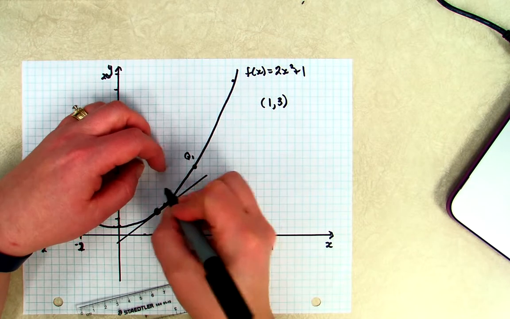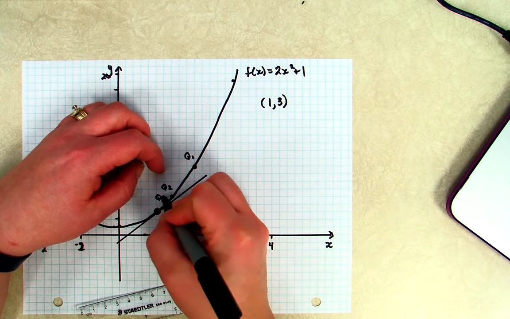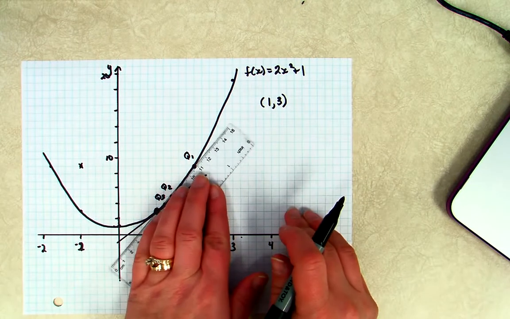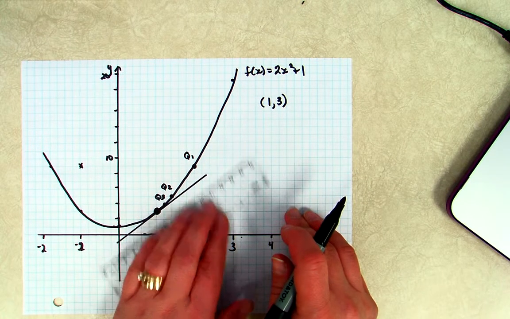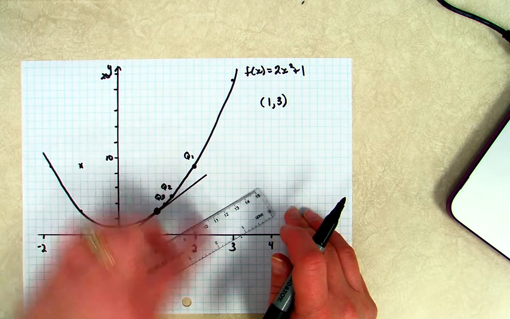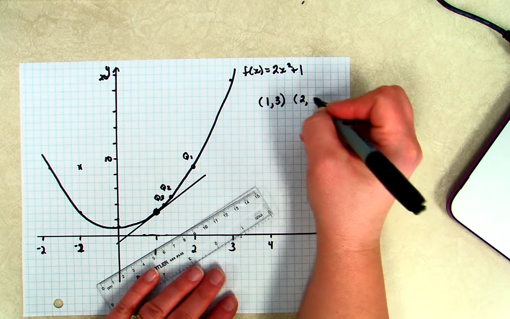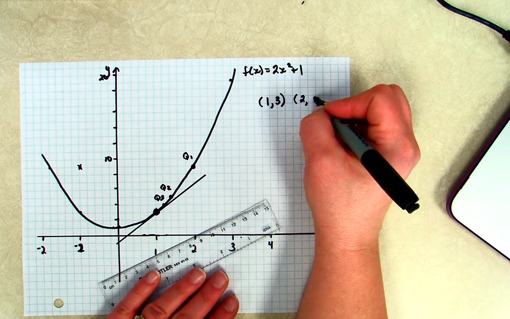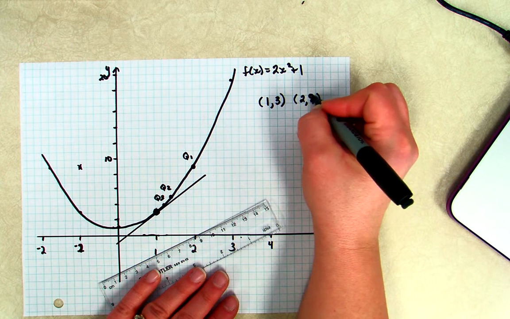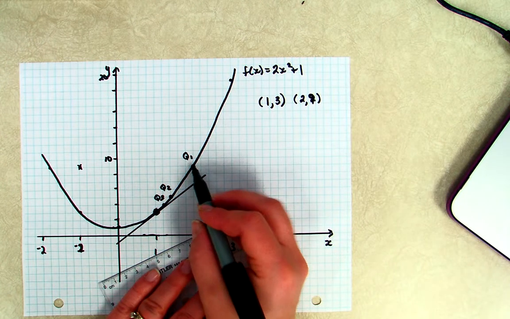So there's 1, there's 2, and there's 3. And if I draw my secants, the slopes are going to get progressively closer to that. But because I've picked those points, I can actually calculate the slope. So 2 goes with 9 because that's an actual point on our